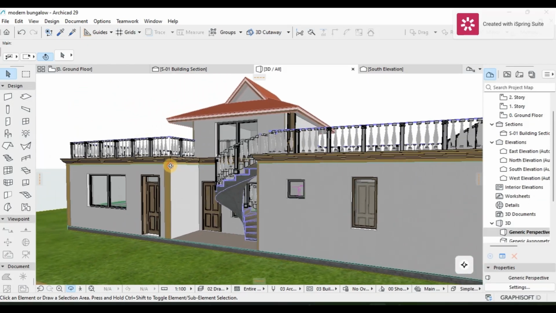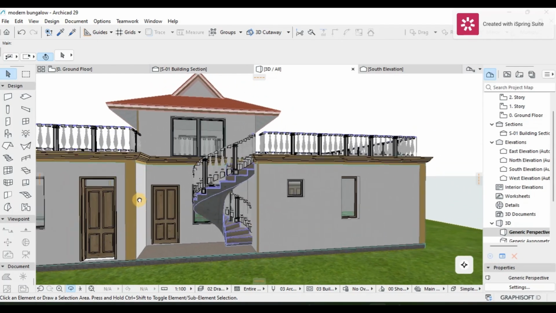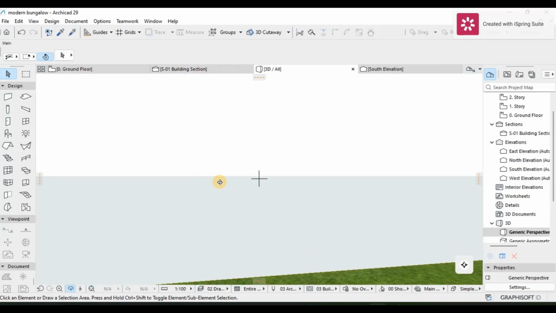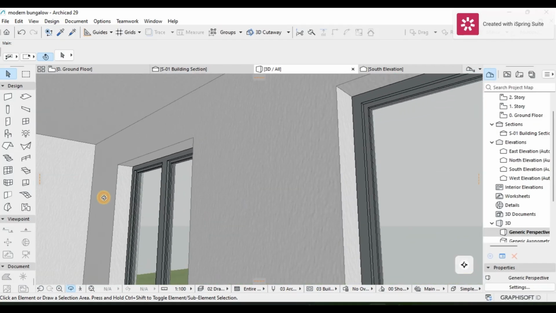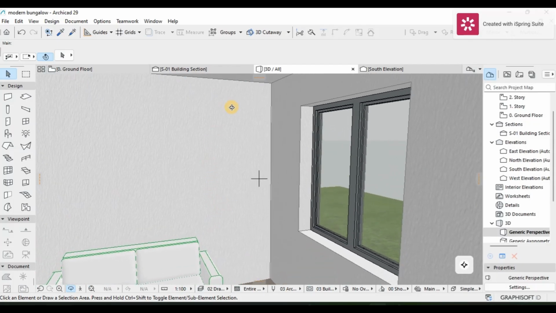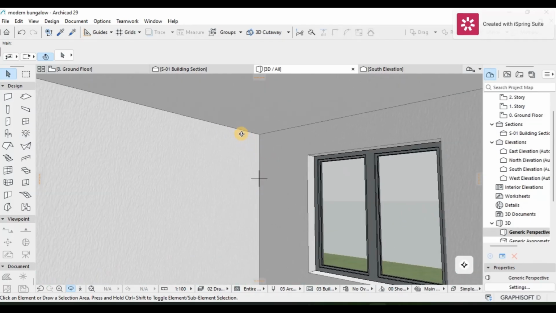The next one is going to be the interior cornice, which allows you to have that transition between the wall and the ceiling. Let me just enter the living room, and just roll into the living room like that. So this allows you to have the transition between the wall here and see this joint that is here. You don't want to see that in the interiors. So I'm going to be using the interior cornice to hide this area here. So I'm going to go back to my ground floor,